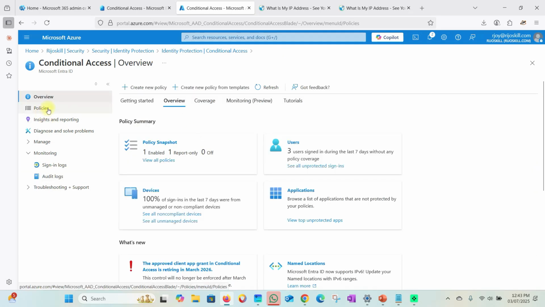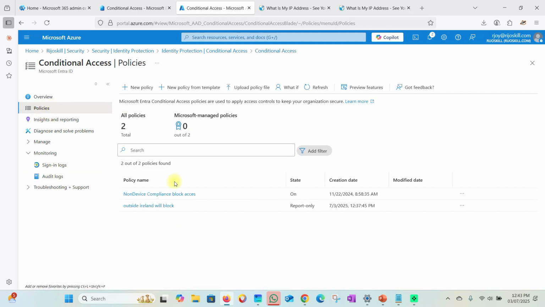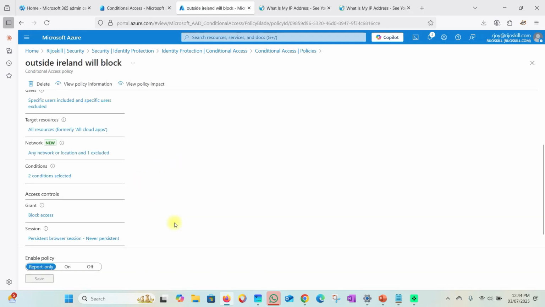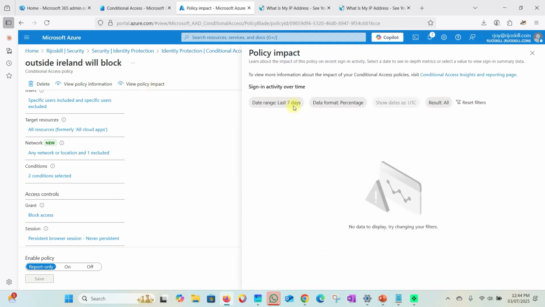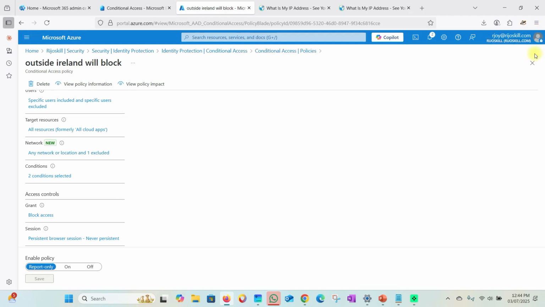Then I will go to the policies. After that, you can see here the "outside Ireland block" policy. Just click that policy, then view the policy impact. It also takes a little time to come up here. After that, you can see your policy impact will be displayed from here, but this also takes